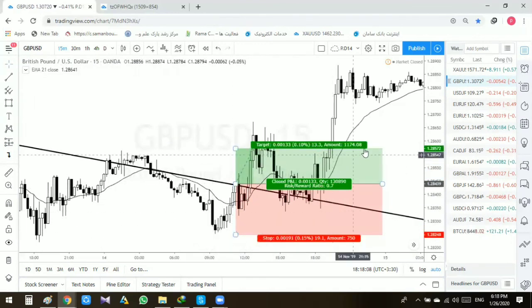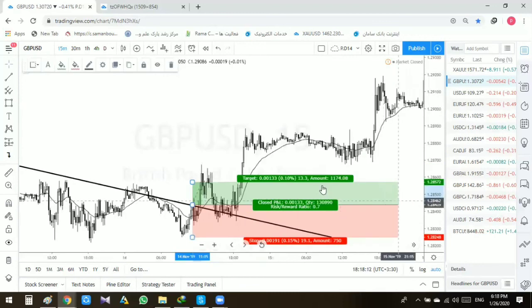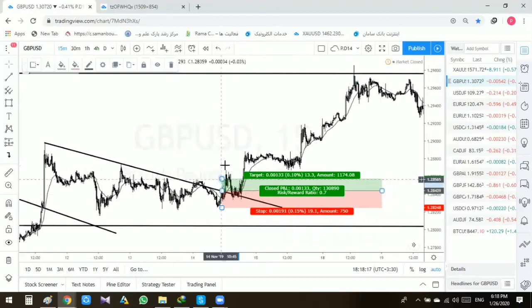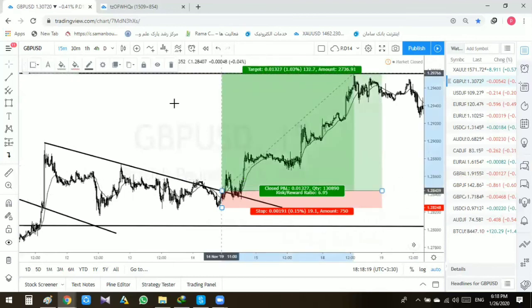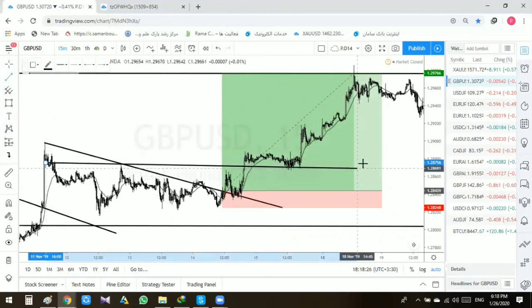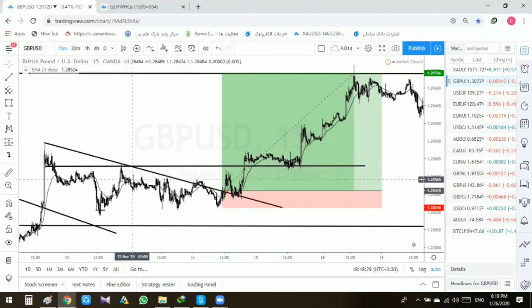Below the last low. Something like this. This was the first TP, a little lower than that, right here. And the range, the top of the range could be